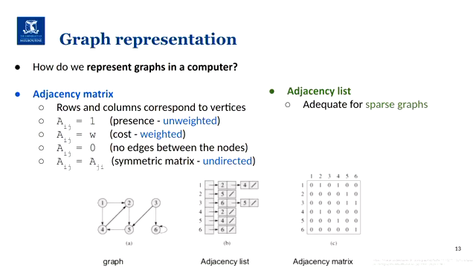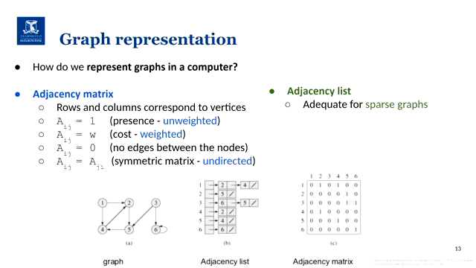What's going to happen with this in memory? As your graph grows, if you have really, really large graphs, the number of positions you need to represent your graph will grow quadratically in terms of the number of vertices you have, okay? And imagine you have 1 million nodes, 1 billion nodes. If you have 1 million, 10 to the 6, you have 10 to the 12 positions in memory. So that grows quite quickly. So it's not a very efficient way to store a graph in memory, especially if you have just a few edges in there.